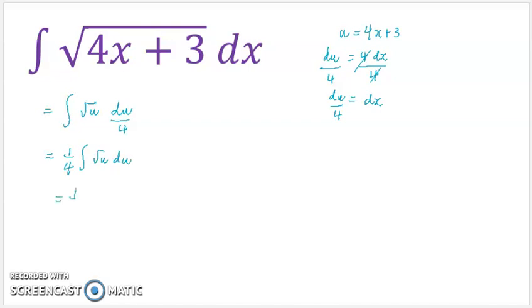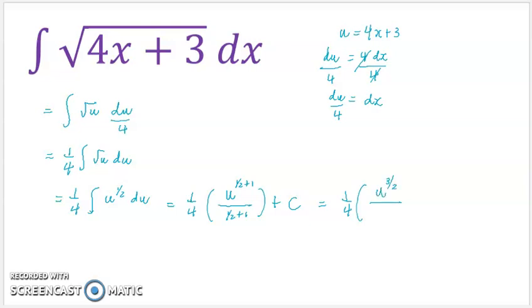Or we can write this as 1/4 integral u raised to 1/2 du. And applying the rule for integrating u raised to 1/2, we have 1/4 u raised to 1/2 plus 1 over 1/2 plus 1 plus c, or 1/4 u raised to 3/2 over 3/2 plus c,